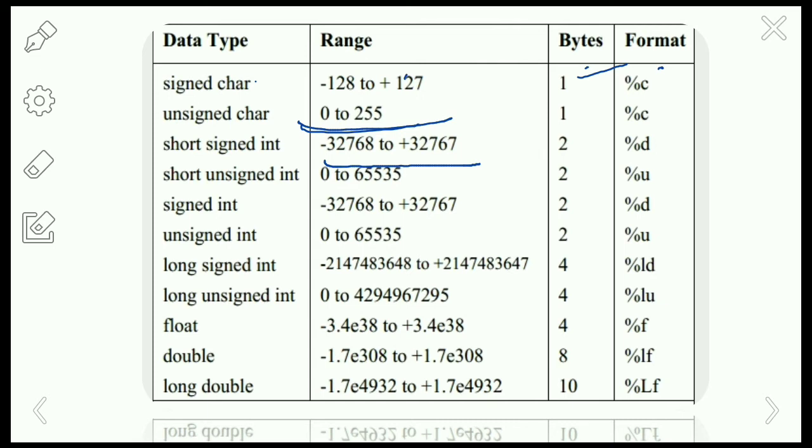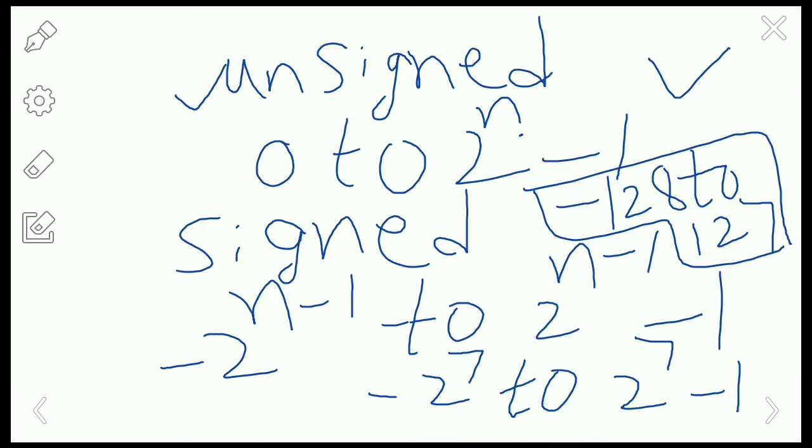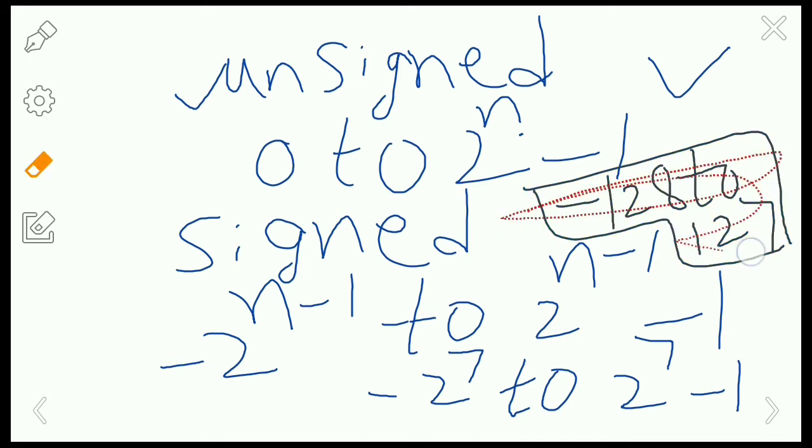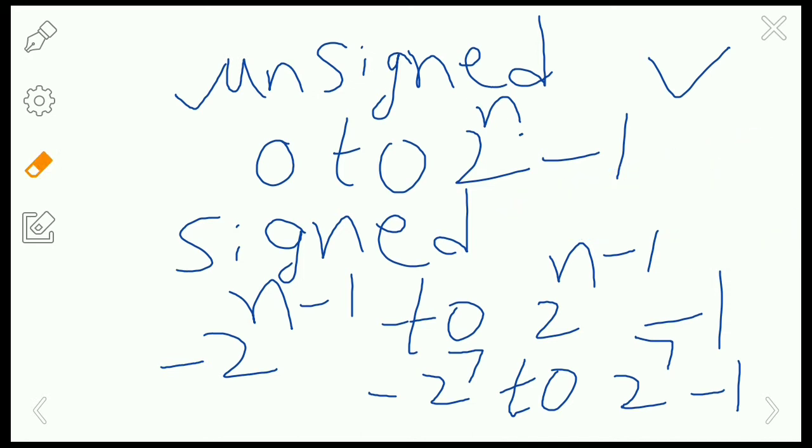So 1 byte equals 8 bits, so 2 bytes equals 16 bits. Okay, so that means here it is given as the short signed int. Signed int means, so we know the formula here, right? We are going to substitute the number of bits in the formula. So minus 2 power n minus 1. So n is 16, right? We are having 16 bits of space.